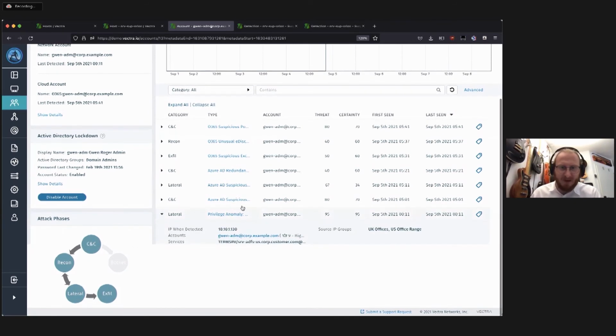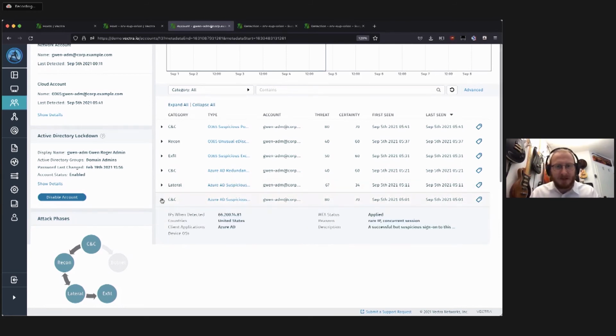We have this connecting privilege anomaly event that brings those two environments together, from hosts and IPs over to accounts. And now we're within the cloud environment. What we're able to see is that somebody logged in from a suspicious location.